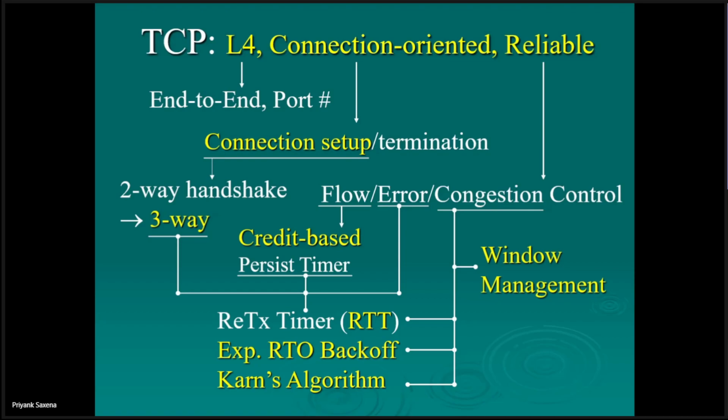So we have flow control, error control, congestion control, right? So here, for flow control we use a credit-based scheme. Just remember that you had gone through the stop and wait and sliding window protocol for flow control mechanism. So here we have a credit-based scheme because those schemes had